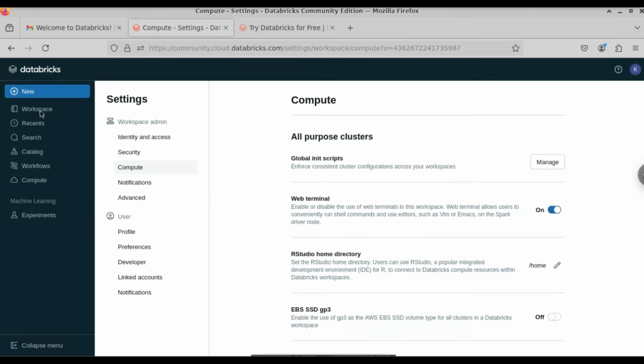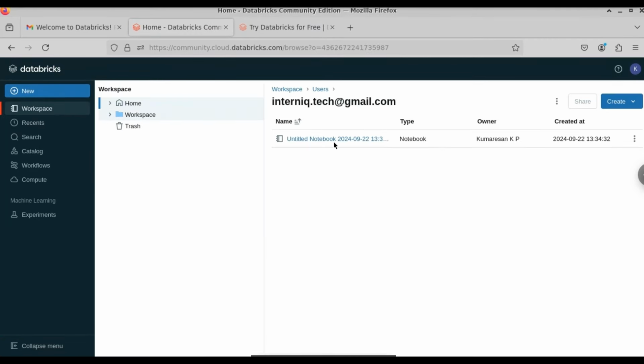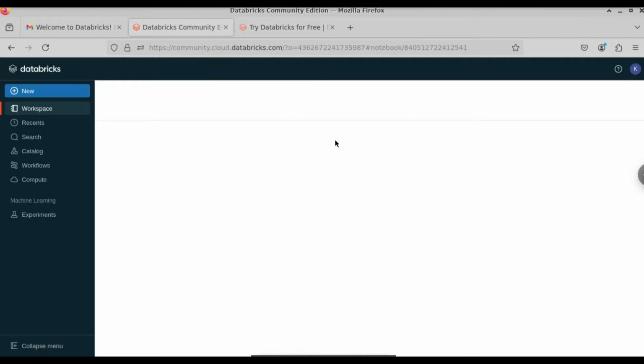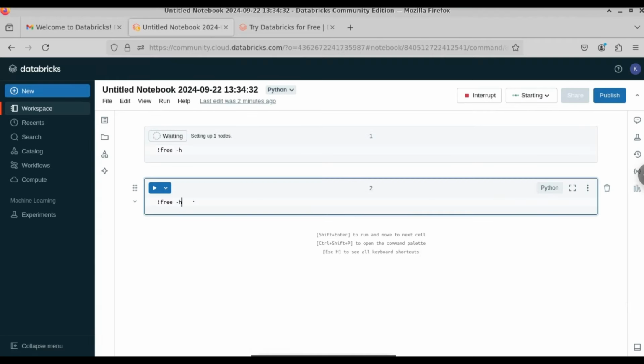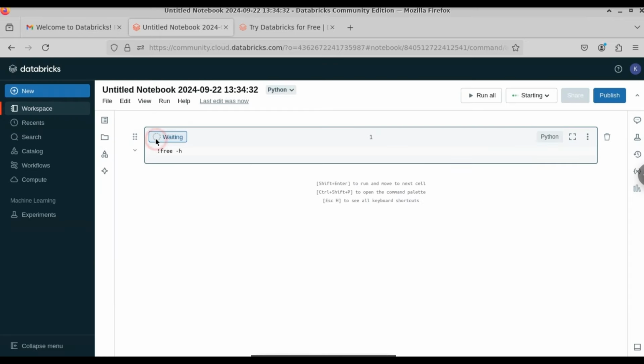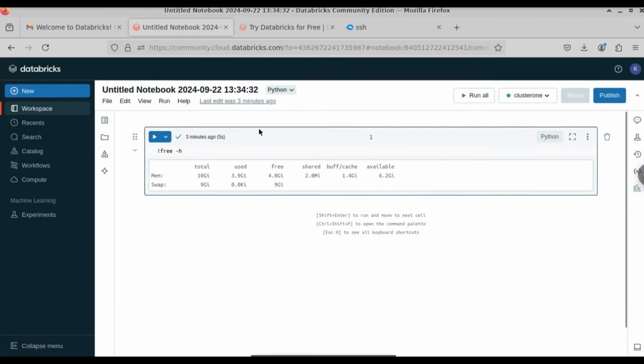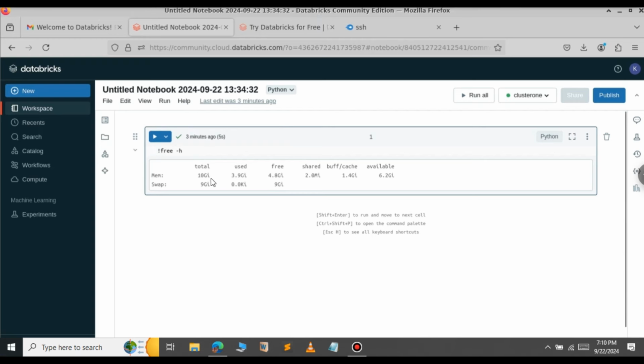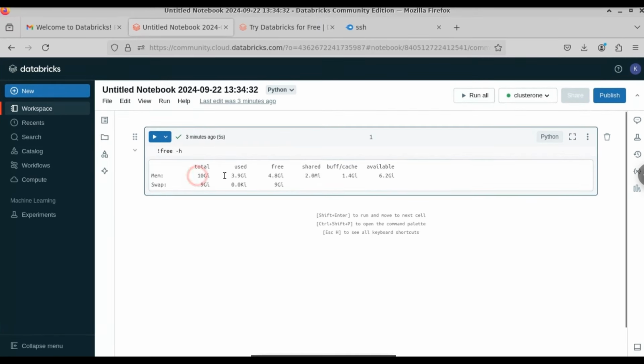Here in the top left-hand side, click on Workspace. Here we have the notebook that we have created. Click on that. Here in the new cell, let me type the same command again. Let me delete the earlier cell that we created and click on this Run button again. As you can see, we have 10 GB of RAM on this virtual VPS. Currently, we have used 3.9 GB. To get the web terminal of this VPS,